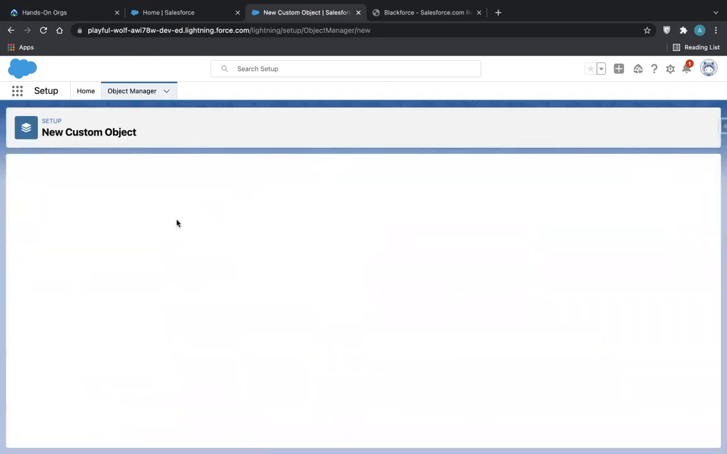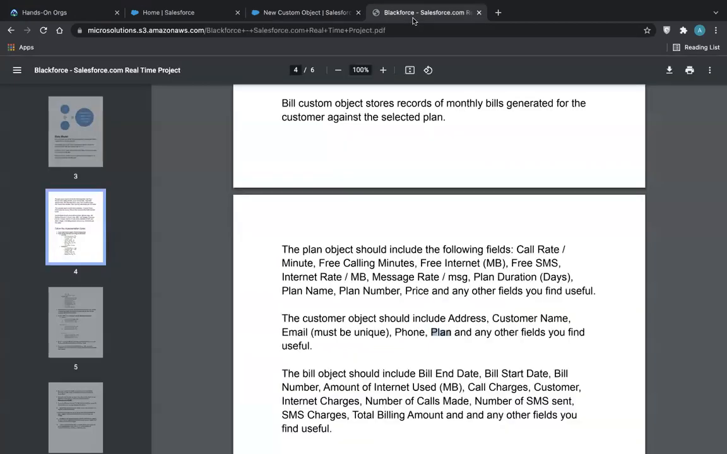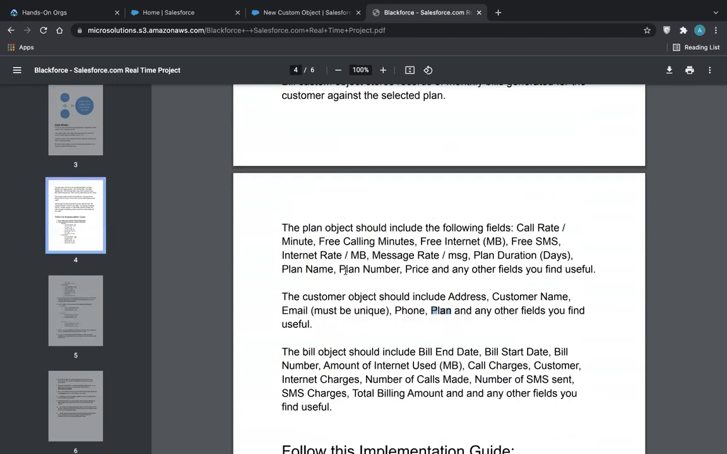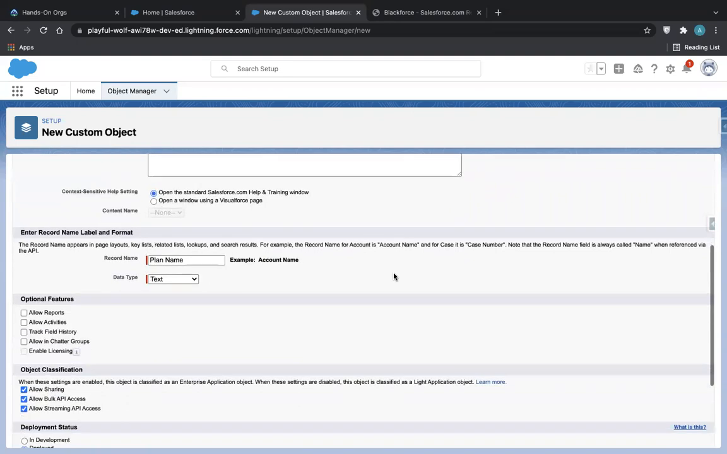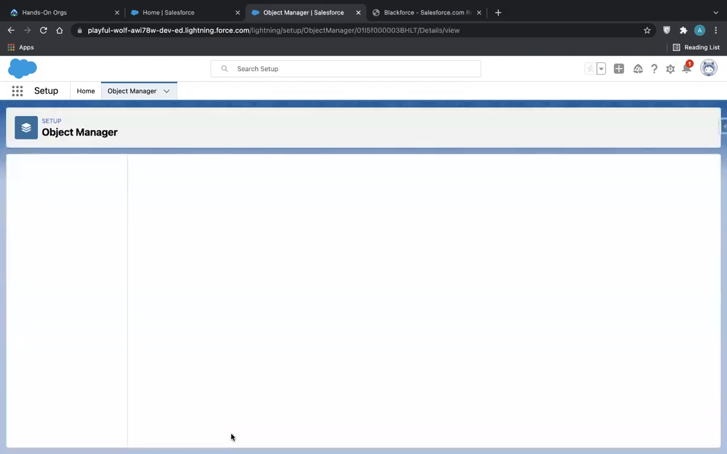Custom object. I'm starting with plan, right? Plan, and they said here for plan, you should have these fields: call rate, free calling minutes, all these ones, and you should know the data type for that. So you are creating plan name. Plan name here is a field, right? Which means here you can just do something like plans. Then here you can leave it as plan name, then the data type is text. Then you save. I won't be creating the field,